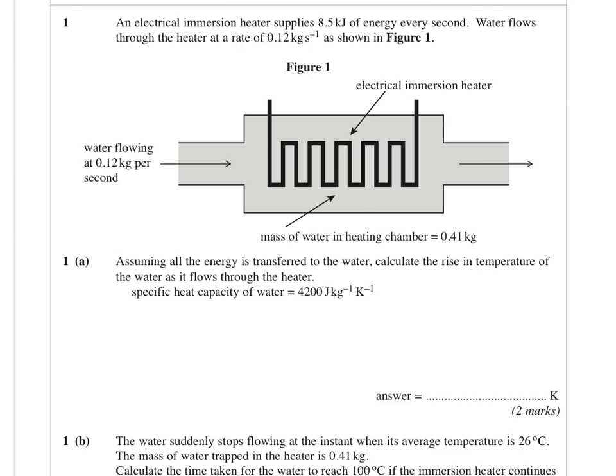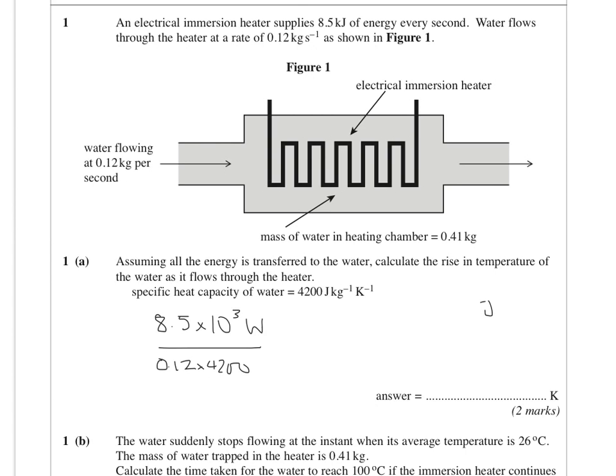So we are supplying 8.5 times 10 to the 3 watts of power. So if we divide that by the mass of the water flowing through per second, and we also divide it by the specific heat capacity of the water, we can check this with